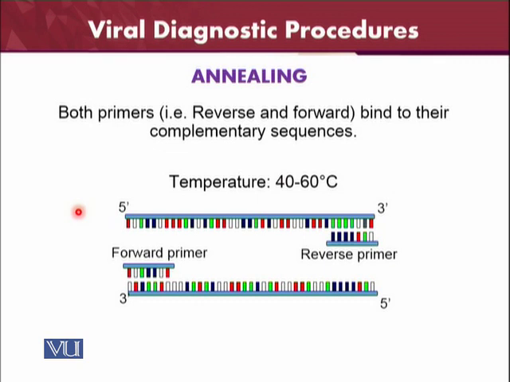Then there will be the annealing process. Both the primers come forward, i.e. reverse primer and the forward primer, and they will bind to their complementary sequences. The primers will start their own action and they will bind towards their complementary sequences because the DNA has already denatured and two different strands of the DNA are there. Therefore, the forward primer on the one side and the reverse primer on the other side, at the 3 end, both of the primers will be attached and they will start the annealing process.